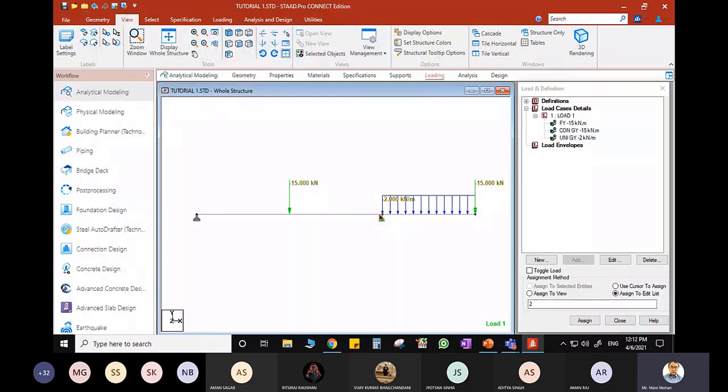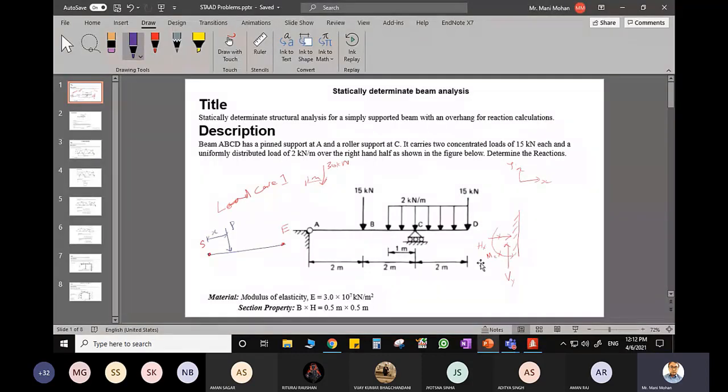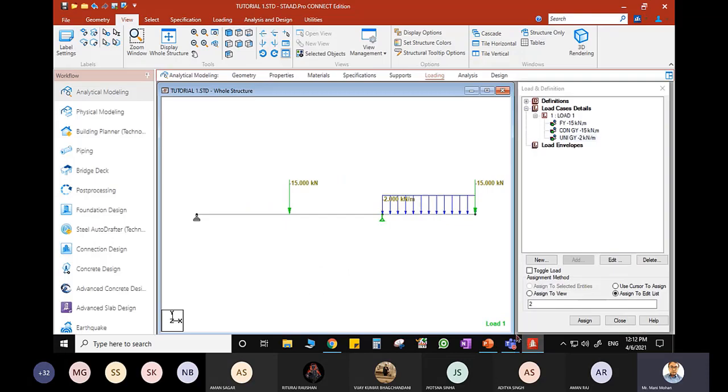So further, I need to make sure that I am applying a UDL on this part of the member. So from the start point, I can see. So this was my start point, right? In my start model, this is my start point. From my start point, from here to here, what is this distance? It is 2 plus 1, 3 meter. Okay, so D1 definition has to be what? It has to be 3 meters.